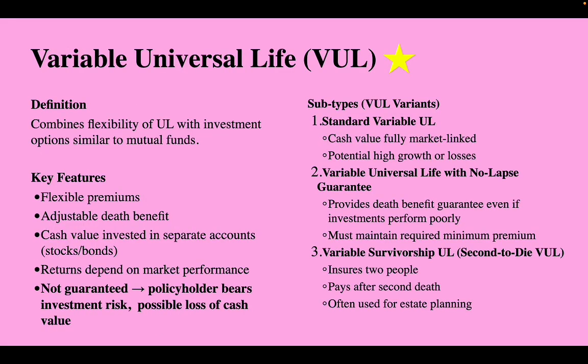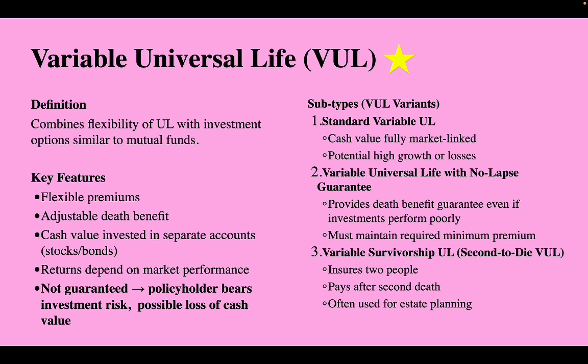Variable Universal Life combines the flexibility of universal life with investment options. Policyholders can allocate cash value to separate accounts, similar to mutual funds, which means returns are linked to market performance. Standard Variable Universal Life allows the cash value to fluctuate fully with the market, offering the potential for high growth